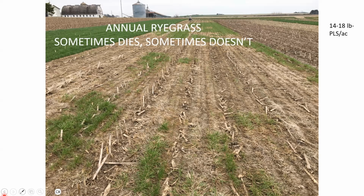Has anyone here worked with annual ryegrass, grown it? And so does it survive the winter here? It does. I've seen some yeses. Okay. So we see in almost all of our trials, it came back like this, super patchy. And so it kind of fit in that in between where we couldn't get it consistently surviving the